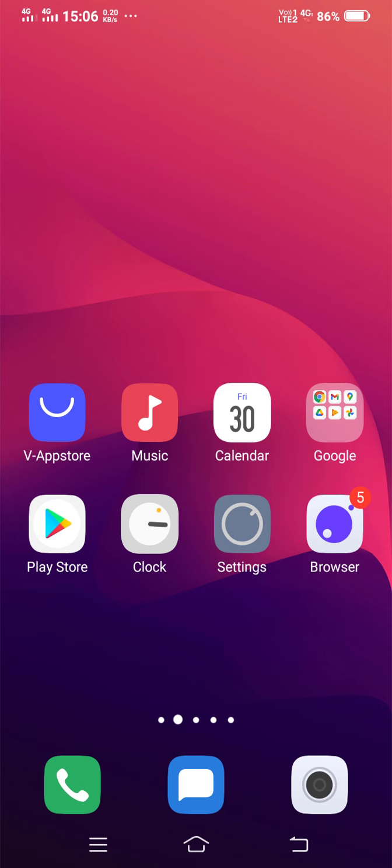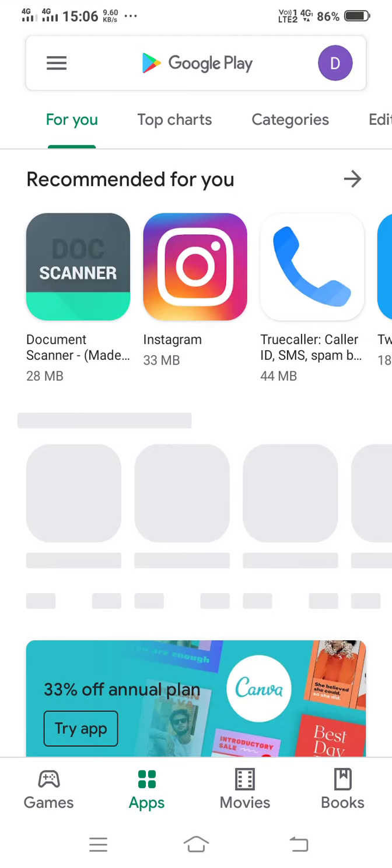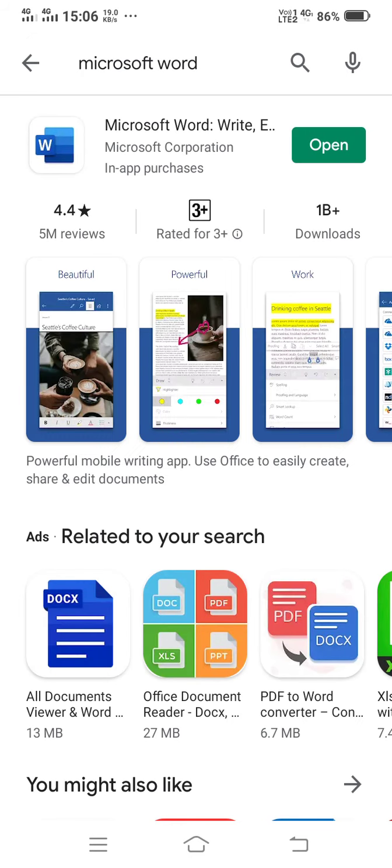First of all, we need to install Microsoft Word from Play Store. So on your smartphone, open Google Play Store and in the search window type Microsoft Word. Here you can see Microsoft Word is there and it is showing the open option because I have already installed it in my mobile.